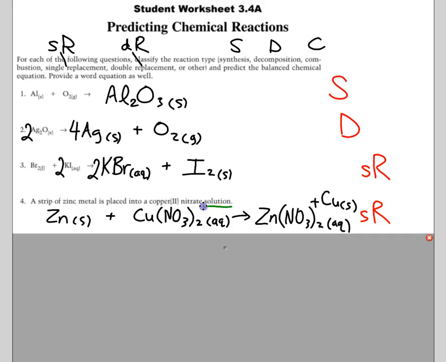And this is a 1-to-1 ratio of ions in all cases because copper and zinc have the same valence at 2+. 2 nitrate ions are needed for each of those compounds to form, so the predicted product would be the spectator group zinc nitrate, which would be fully soluble, and the copper metal, which would be obviously atomic element in